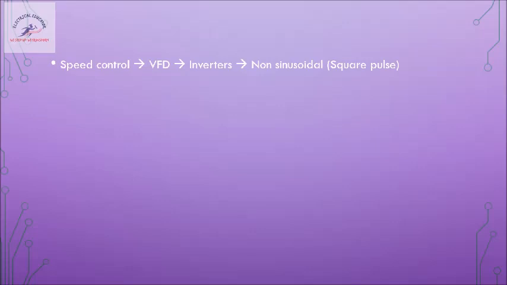So when we get a square pulse width or sinusoidal pulse width modulation, the output of the inverter is nothing but a square wave, which is not sinusoidal. Now we are going to study the effect of feeding these square pulses, or the non-sinusoidal waveforms, to the stator of the induction motor, and how it is going to affect the performance. That is what we are going to analyze.